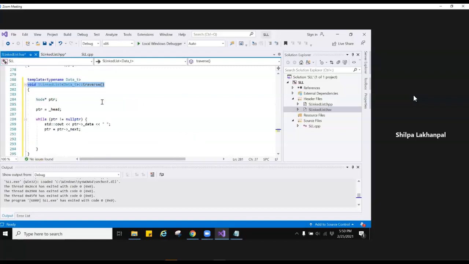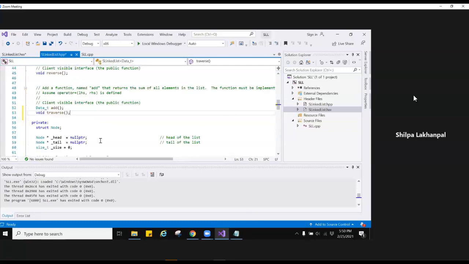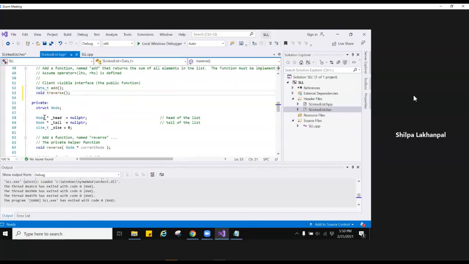So now let's see what exactly this function is doing. Because this function is part of the class, we can access the private data of the class. This is what we don't have in the forward list. If we were to inherit from them, we would have no way of accessing them to be able to use them, because functions need to use the data members. So we need the underscore head.